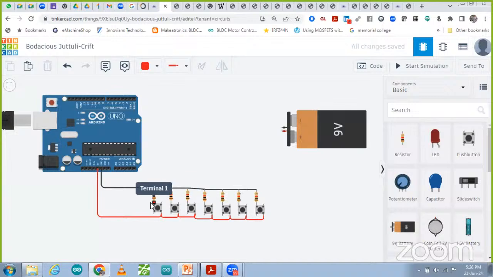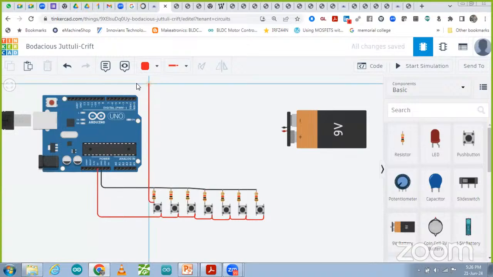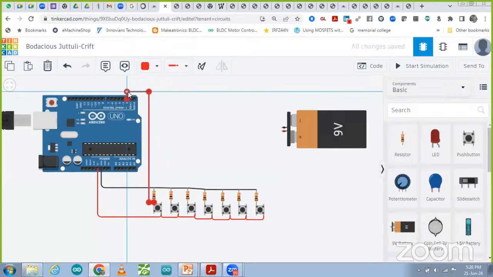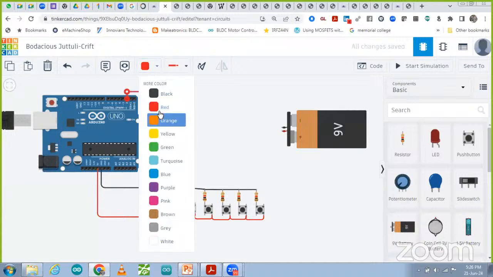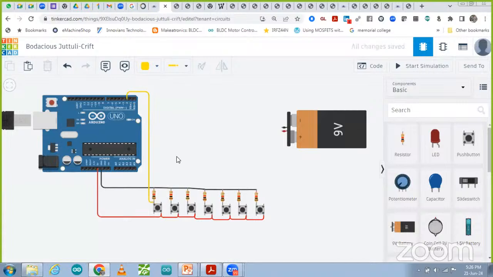Now we have to take output. So output we have to take from this point. यहाँ से हमें output लेना है. So this output we are going to connect with a digital pin, any digital pin you can take it. So हम यहाँ पे multiple digital pin लेंगे. So first one I'm going to connect it over here with pin number 2. तो 2 नंबर पिन पे मैंने कनेक्ट किया इसे।